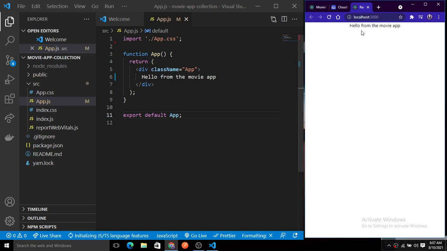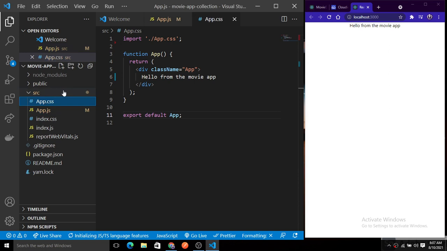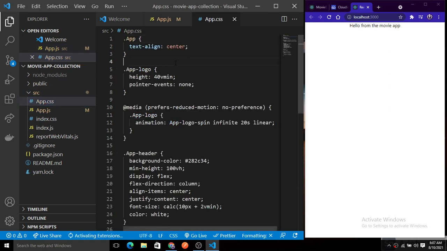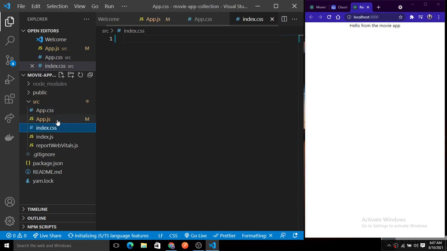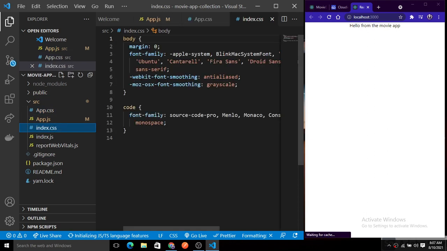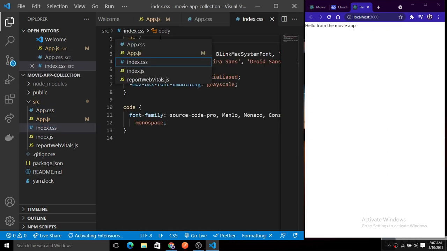Here you can see we have a default styling, which is why it is aligning centrally. So I will remove everything from App.css and save it. Then inside index.css, add two things.